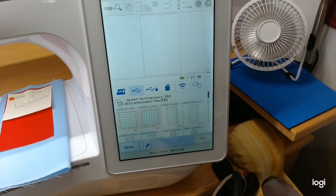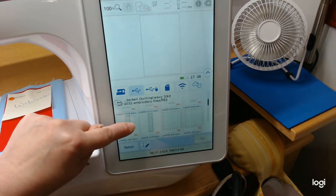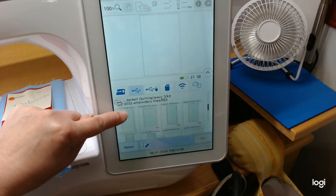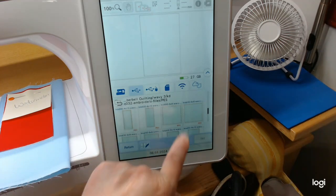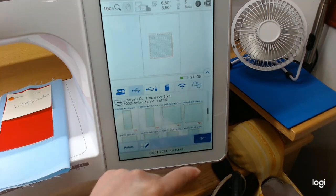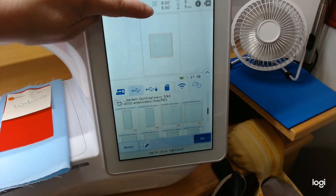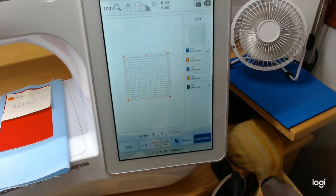So we need one that's going to be the 6x6, so there should be a 6x6, so we'll find it here. 4x4, 4x6, 6x6, so it's right here, 6x6, and that's the horizontal one. So I'm going to pick that one, and as you can see up here on the top, it comes in 6.5 by 6.5 then. So I'm gonna hit set on that, so that's going to be under our design, and